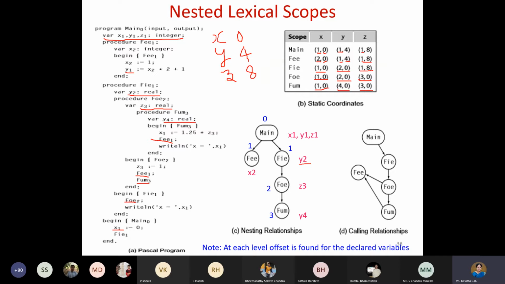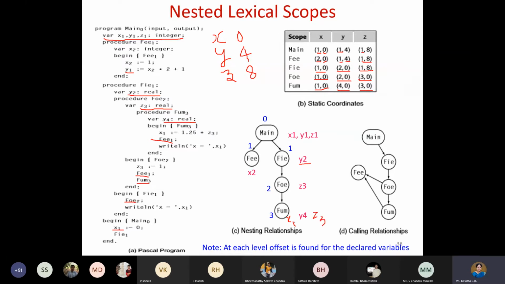That is only for Y we have changed, it becomes Y4, and the level also should be maintained. It should match properly. So whatever depth you are maintaining, you should see inside main I am taking level 1, and inside FIE I am taking level 2, and inside FOE I am taking 3, and inside FUM I am taking 4. So that's how it is taken. So therefore, it is taken as Y4, and the offset is 0. For X, still will be using X1 only. So at this stage, I'll be using X1 and Y4 and Z3. That's what is the scope.